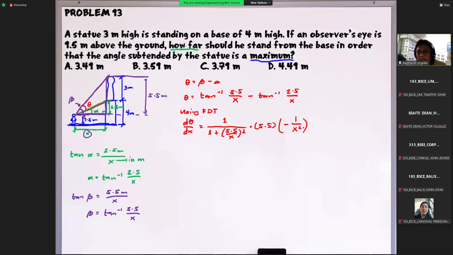So meron na tayong isa. Sa pangalawa, we have minus, ganun ulit, 1 over 1 plus, this time 2.5 over x naman to, this quantity squared, then we can factor out 2.5 this time, then multiply this by negative 1 over x squared. Okay, tama ba? And again, using the first derivative test, this should be equal to 0. So then we need to find the value of x such that the